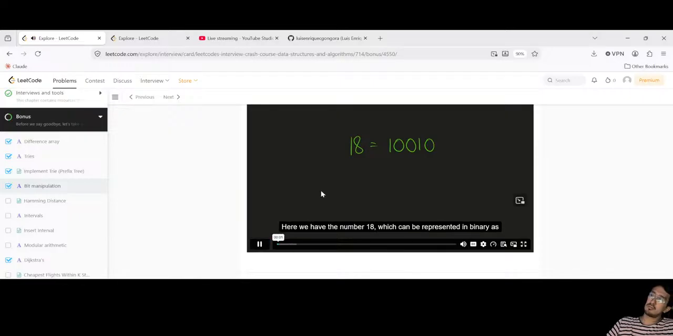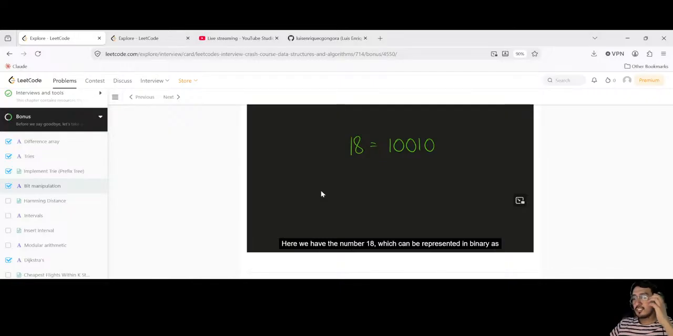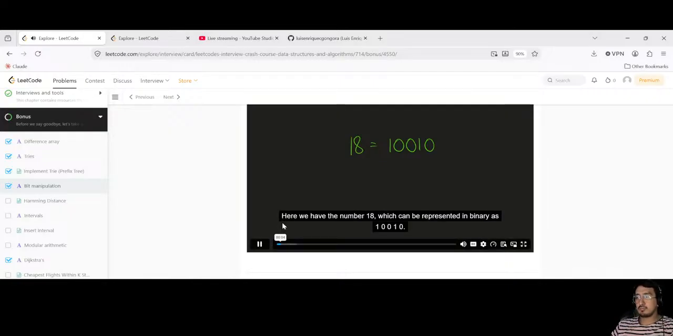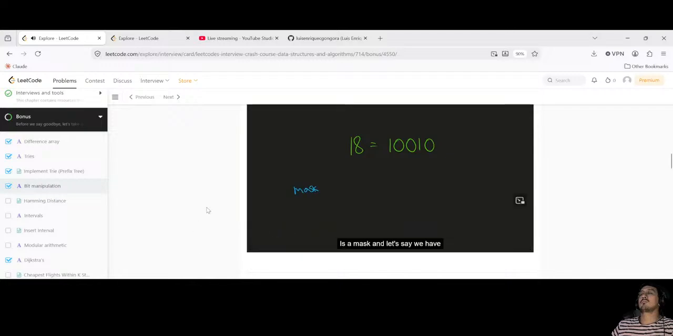Here we have the number 18, which can be represented in binary as 10010. So let's take a look at bit manipulation. The first idea is a mask. And let's say we have a mask which is just an integer and it's equal to 1. In binary, this is